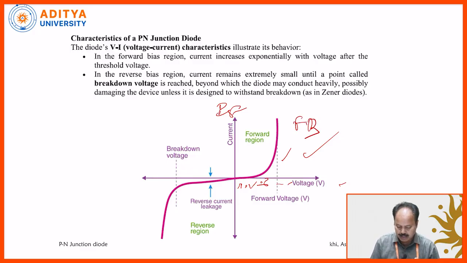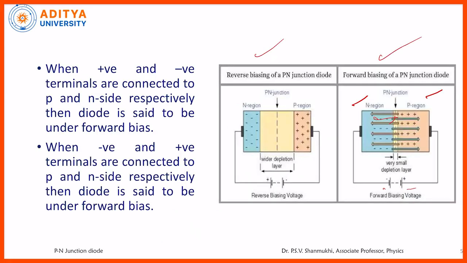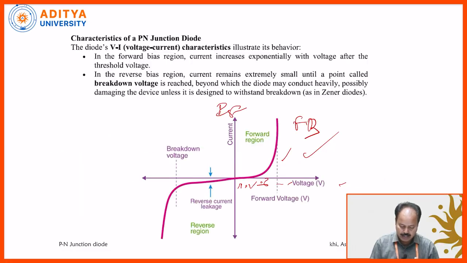Coming to the reverse bias, reverse bias means when the positive terminal is connected to the N side and the negative terminal is connected to the P side. Under reverse bias, what happens? On the N side, there are more electrons, the majority carriers, and they are attracted by the positive terminal. On the P side, more holes are there, and they are attracted by the negative terminal. That's why the depletion layer width increases. As we increase the reverse voltage, the depletion layer width increases, so the current should be